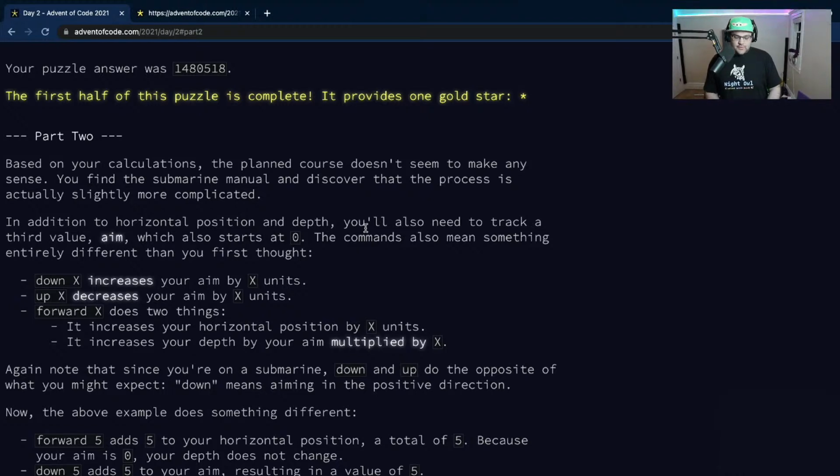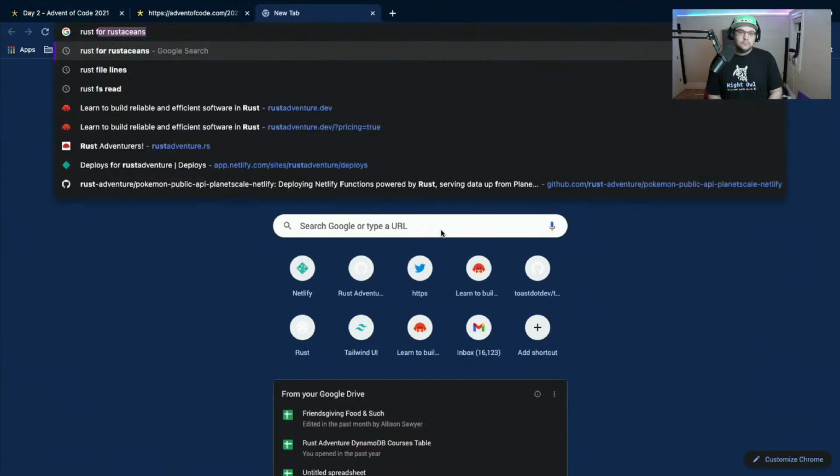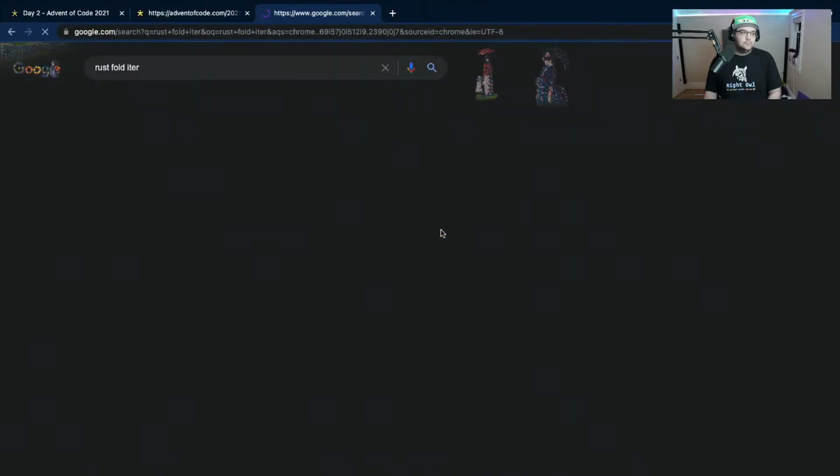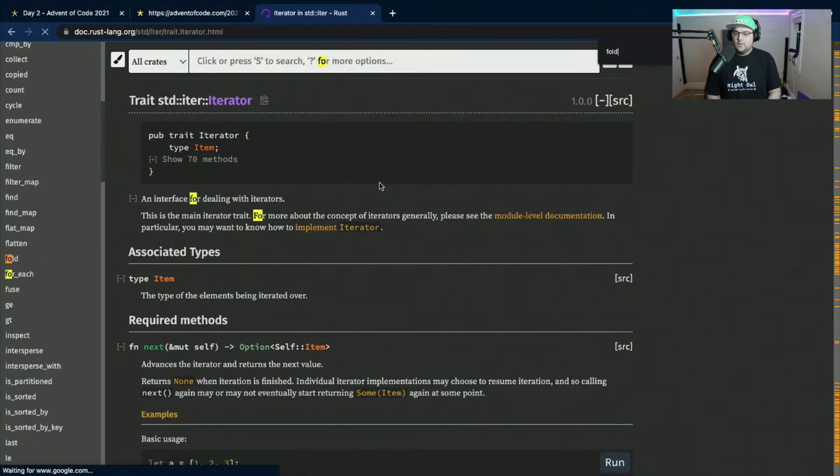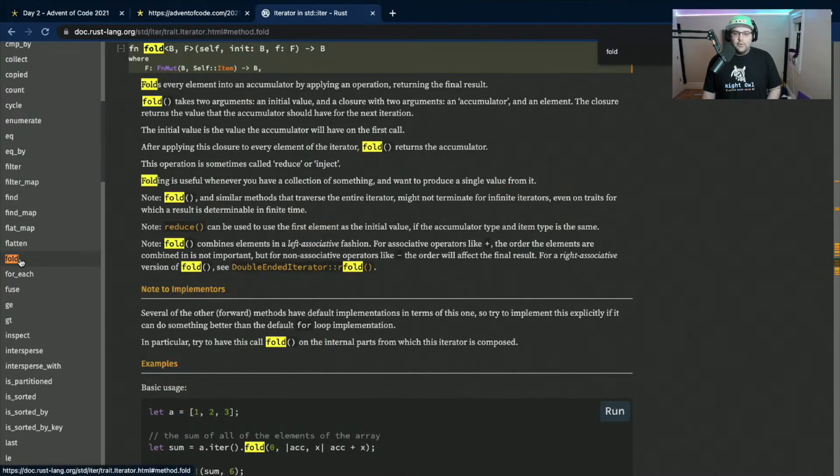So it's fold, like reduce in JS. Rust has fold and reduce. The thing that these are on is called an iterator. Iterator is a trait. It's the thing that powers for loops in Rust. It's the thing that powers map and everything else. So fold